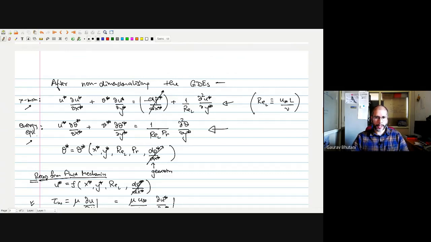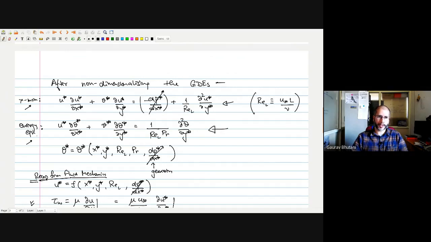So in a most general sense, we cannot solve them. I mean, we can solve them, but the solution techniques are complicated. But for some situations, for example, when the fluid is incompressible, and that means the density does not change as a function of pressure. And the other situation is when the thermophysical properties are extremely weak functions of temperature, or at least for the range of temperatures we are working with, the thermophysical properties do not change much. So we can assume them to be constants.